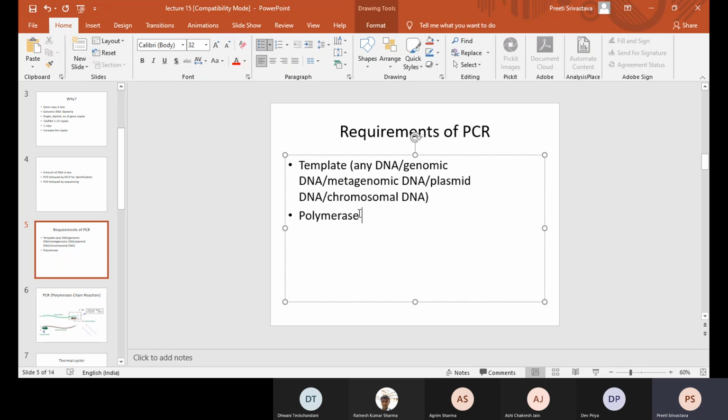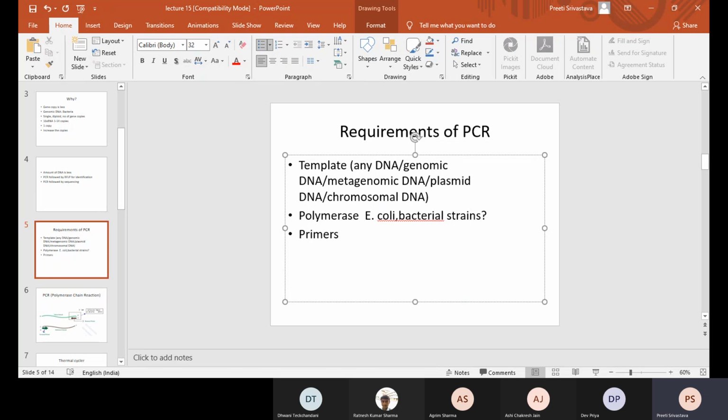These polymerases are present in E. coli and in many bacterial strains. But can these polymerases be used? To understand whether we can use E. coli polymerases, let's understand how actually PCR works. Other than template and polymerase, PCR also requires primers.